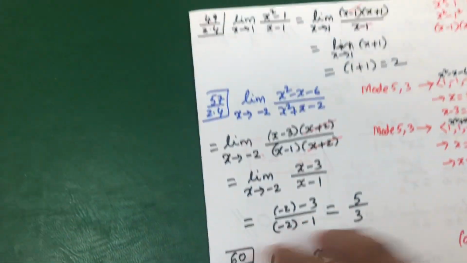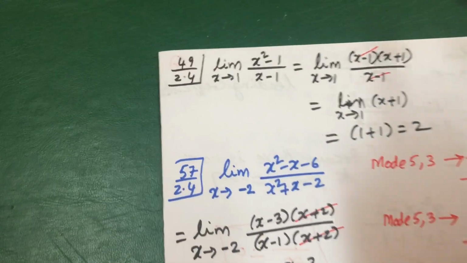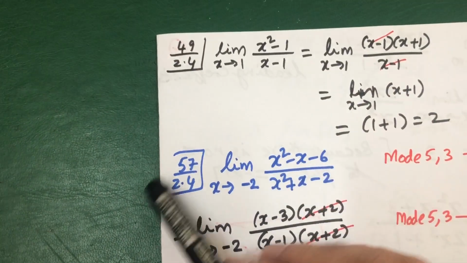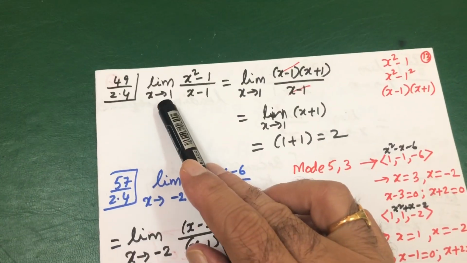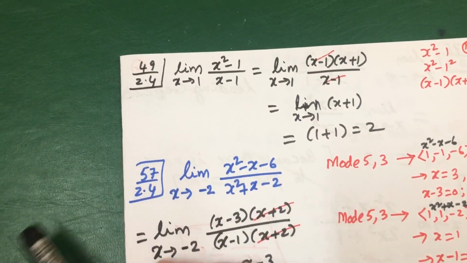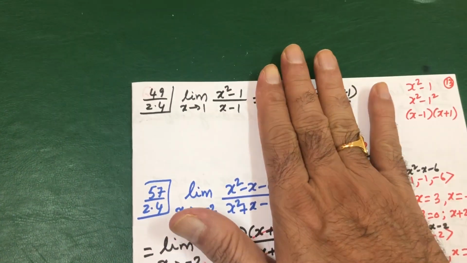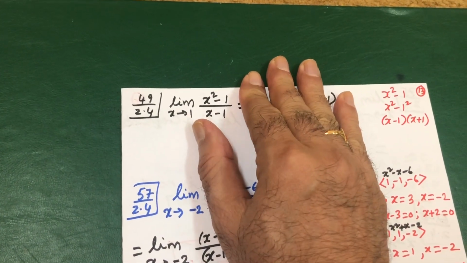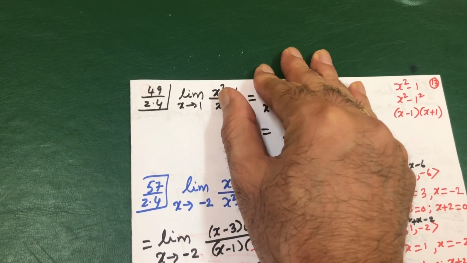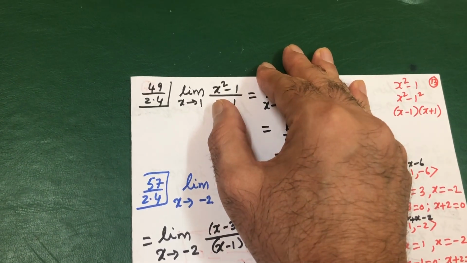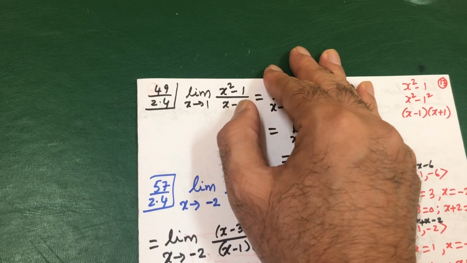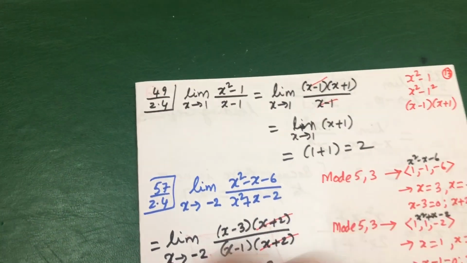Now let us do the other problems, the other limit problems. So limit x square minus 1 by x minus 1. I repeat, x tends to 1 means x is almost equal to 1 but not equal to 1. If I give you multiple choice questions, what you do is put x equal to 0.999999 several times. You put it here, 0.9999 several times, square minus 1 over 0.9999 several times minus 1. You will directly get 2. Automatically you will get the 2.